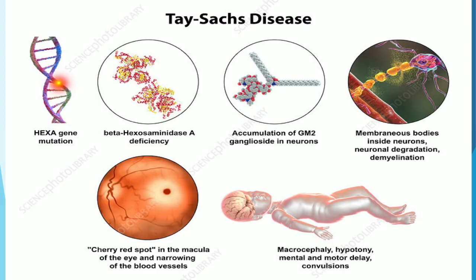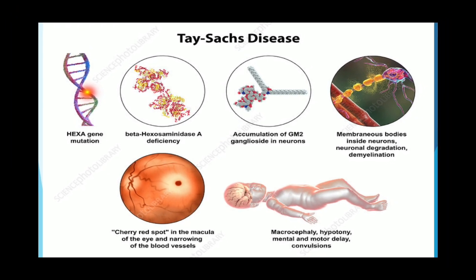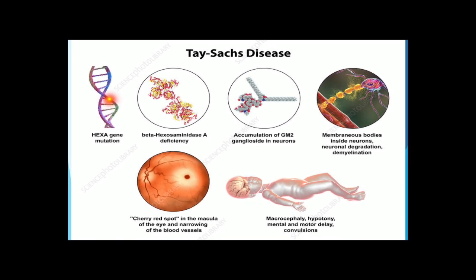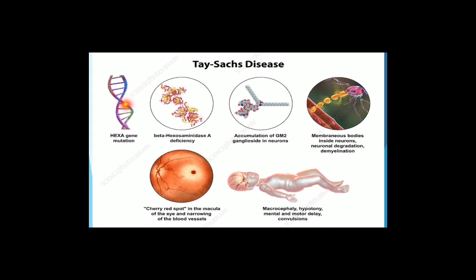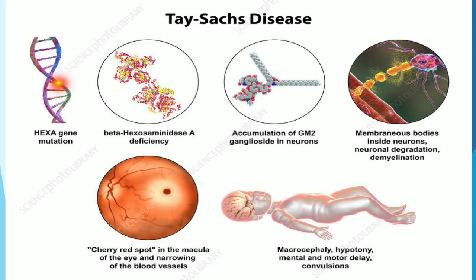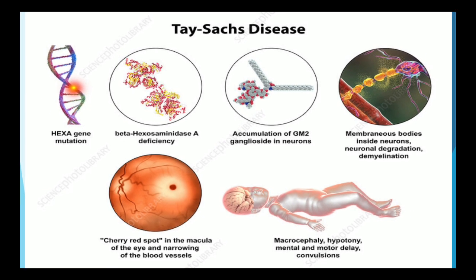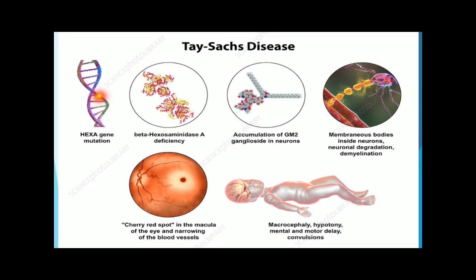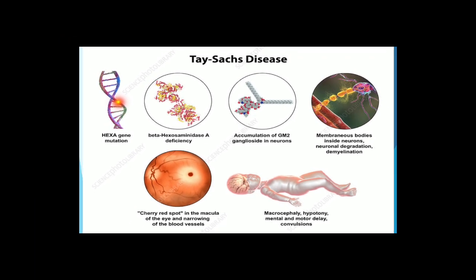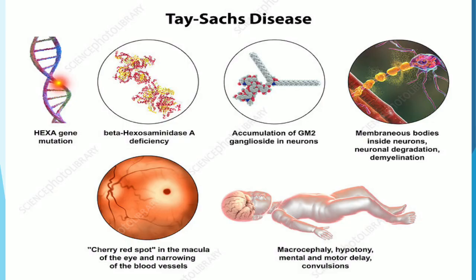Right here is an illustration of the GM2 gangliosidosis. Here there is mutation of the HEXA gene, so the hexosaminidase A enzyme is affected. There is mutation of the HEXA gene, and this results in deficiency of hexosaminidase A. You have accumulation of GM2 ganglioside in neurons, and this results in membranous bodies inside the neurons. There's neuronal degradation,